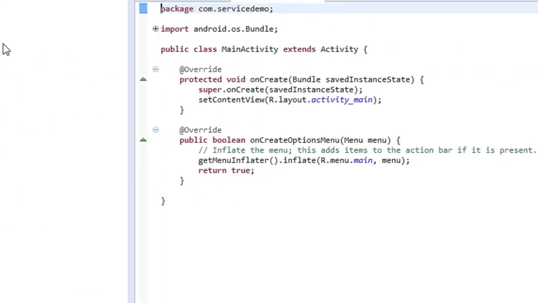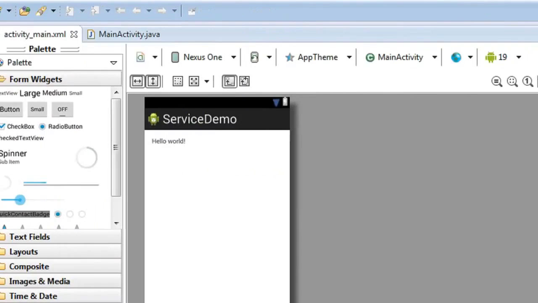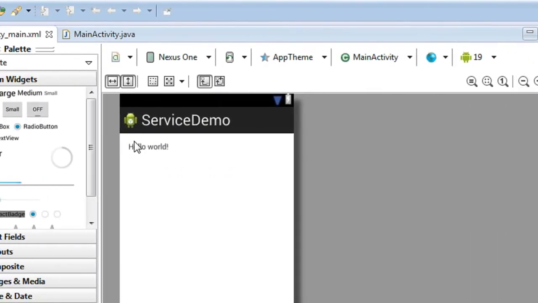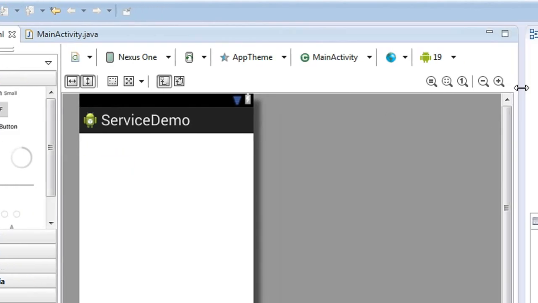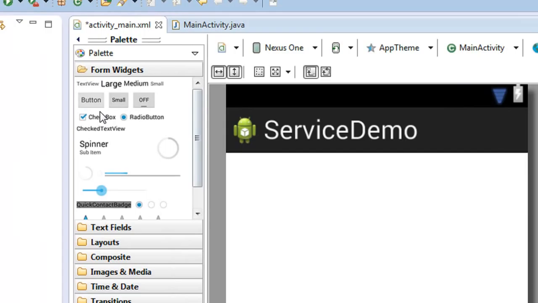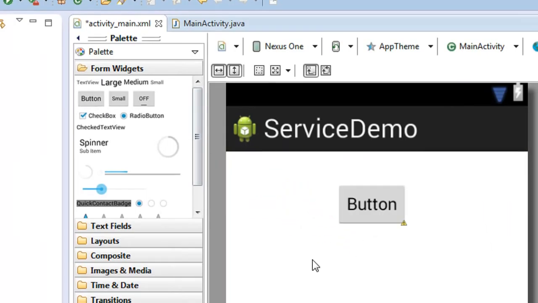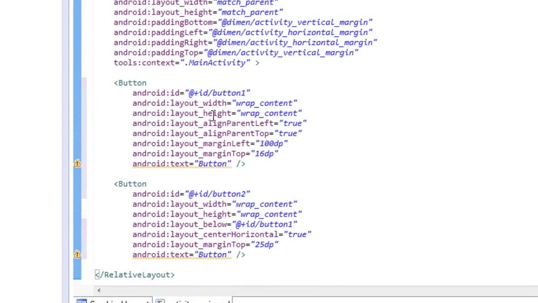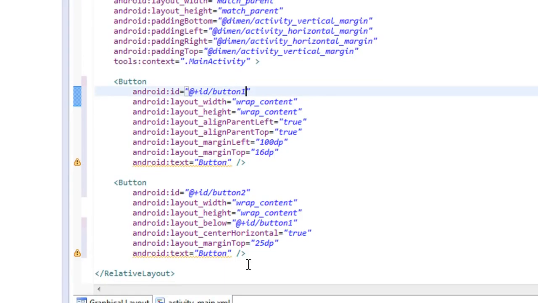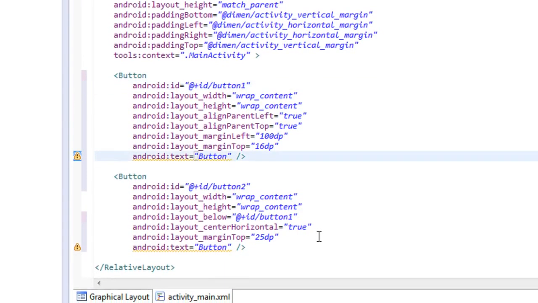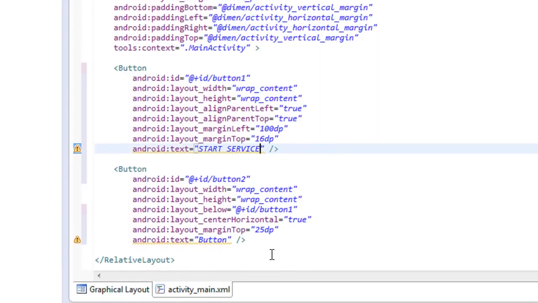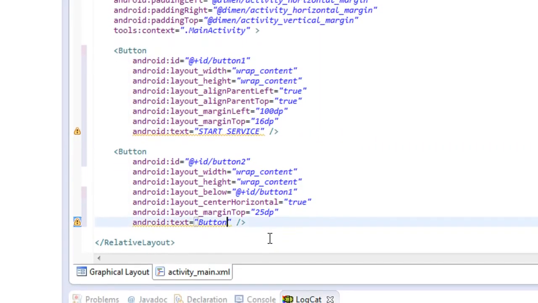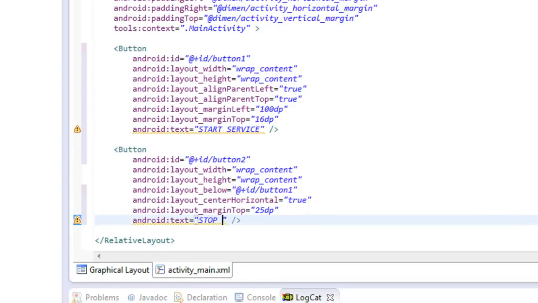Now the project is created on the IDE. Here is the main activity. For starting and stopping a service, here I am going to add two buttons for starting and stopping the service. Okay, go to the XML version of this activity. Here is button 1 and here is button 2. Change the text of the button to start service, and change the text of the second button to stop